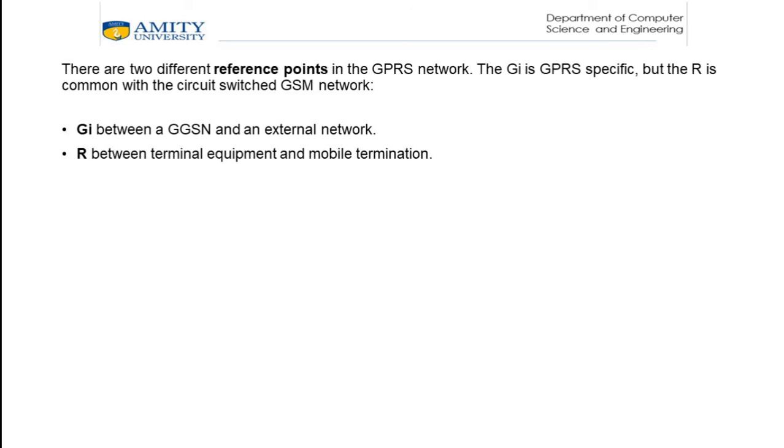This reference point connects the terminal equipment to the mobile termination, thus allowing, for example, a laptop PC to transmit data over the GSM phone. The physical R interface follows, for example, the ITU-T V.24/V.28 or the PCMCIA or PC card standards. These are the interfaces provided between the terminal equipment and the mobile equipment.